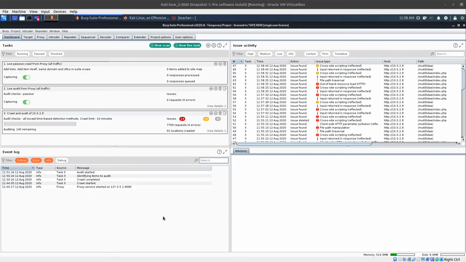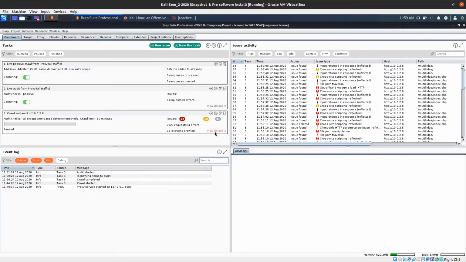At this point, I'm just going to stop the scan, but as you can see,